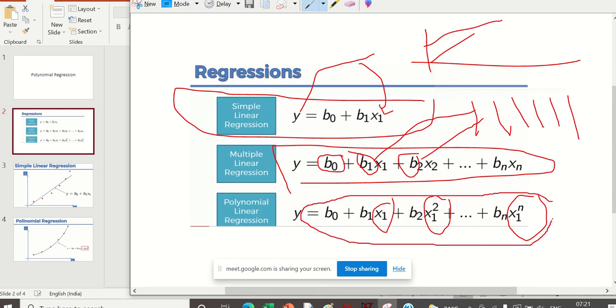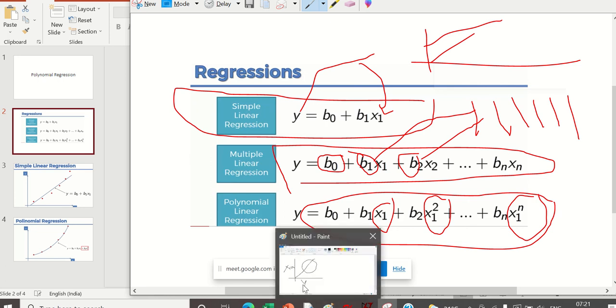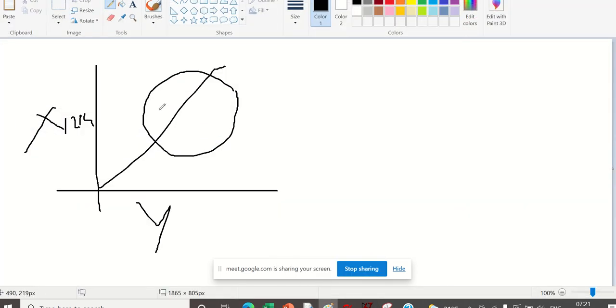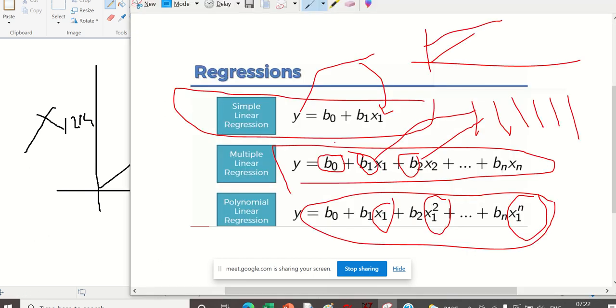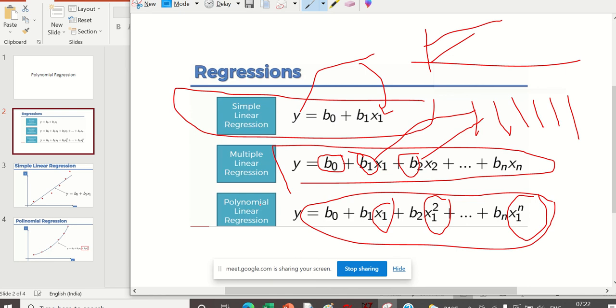Why do we require this polynomial linear regression? Let me show it in this one. Now in this case it is varying linearly. What if the data was varying exponentially? Linear will be like this, and this is exponential. When you have exponential data, you have to go for polynomial linear regression.